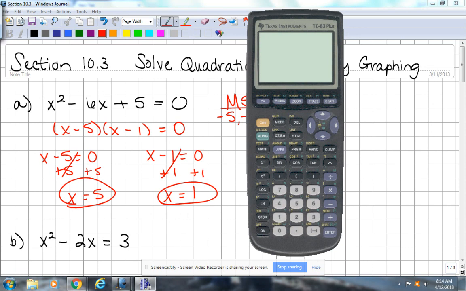Y equals. Well, I'm going to turn mine on. Hit y equals. And your screen should look like this. None of the words that say plot up at the top should be darkened. Nothing should be darkened. There shouldn't be anything else entered in it. It should be blank except for that cursor flashing. And what we're going to do is we're going to type in that original quadratic equation without putting the equal